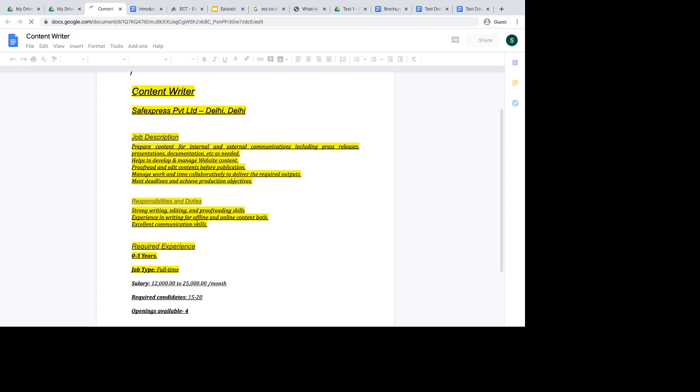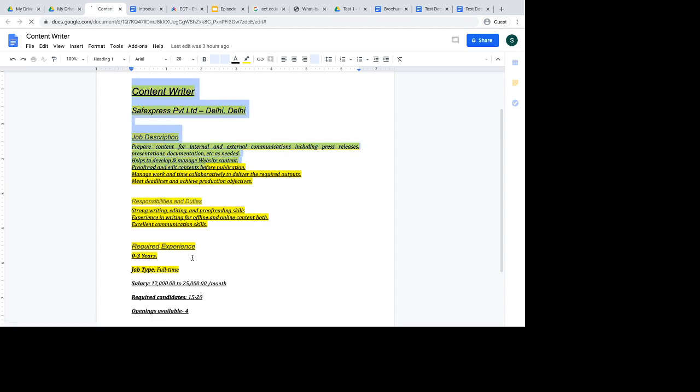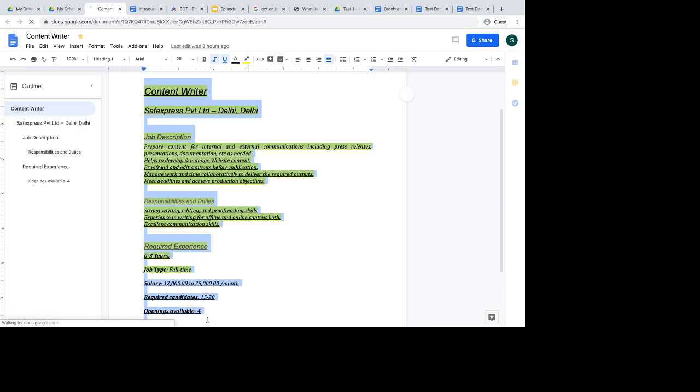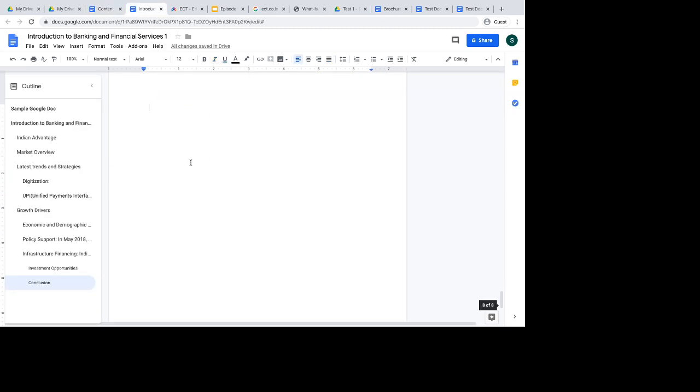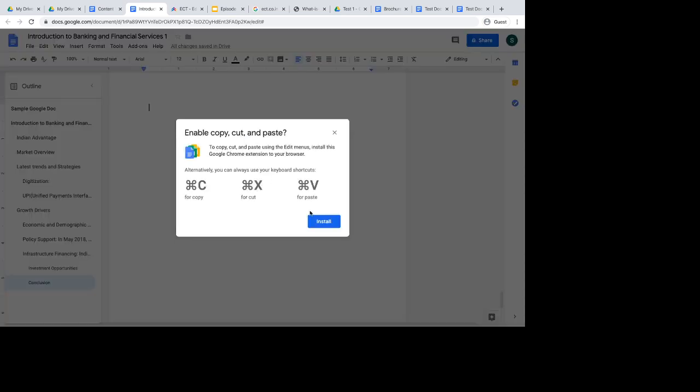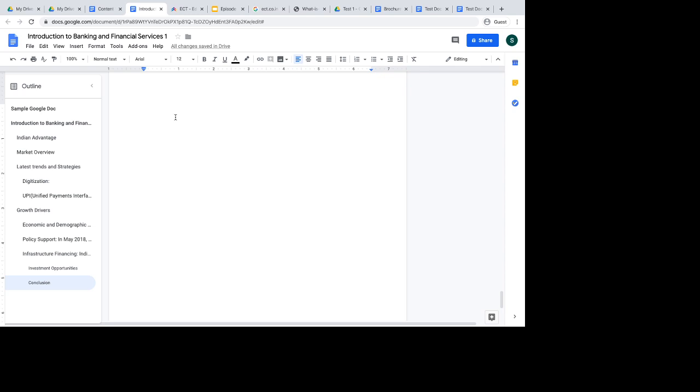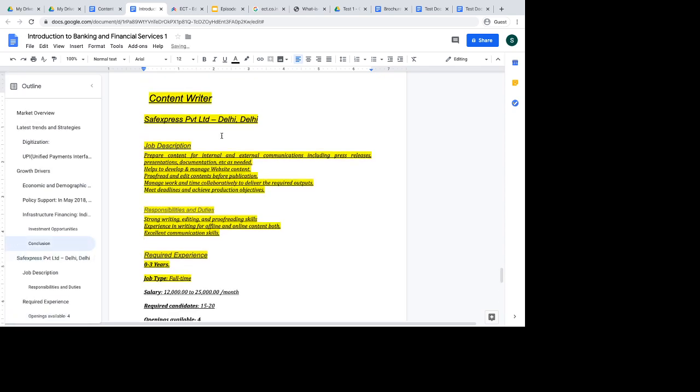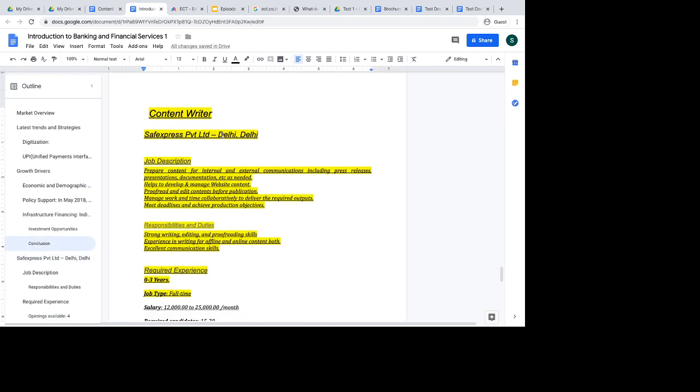So if I click here and copy this, right, and then finally go on to paste it here as it is, maybe Control V or just right click and then paste, or just Control V, see how this is coming. Okay,